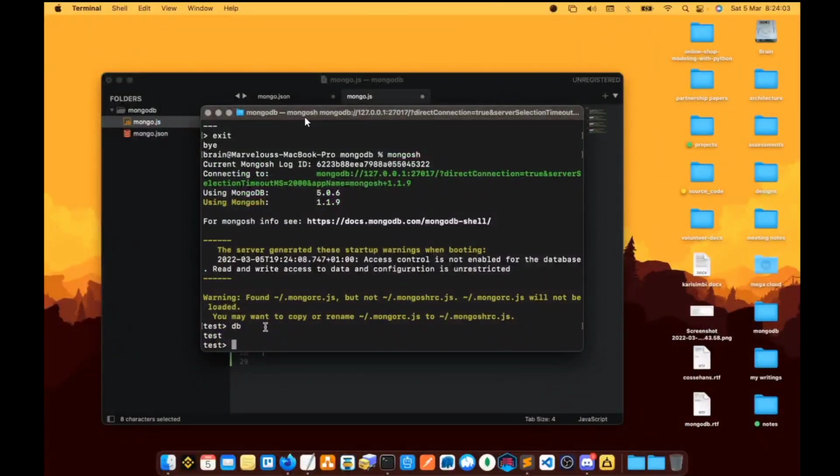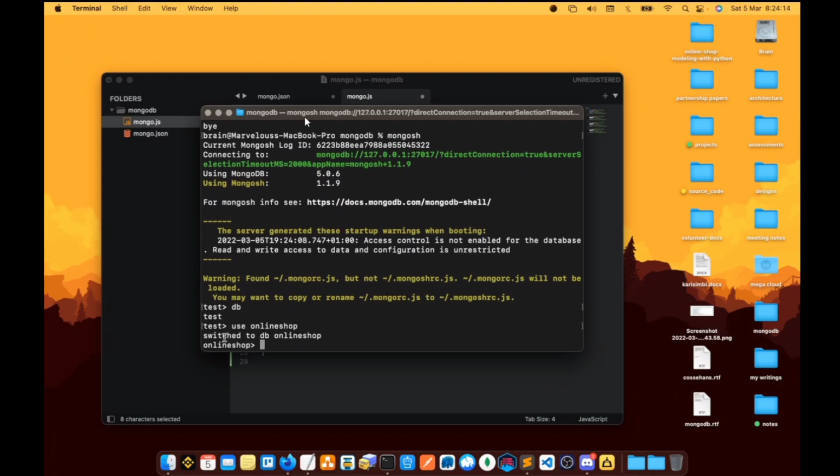So I can use "use". Let's just assume we're trying to build a new platform, maybe like an online shop. So I can say "use online shop", and it says switch to online shop. We've not created this, but we're able to switch automatically because it did not find it, so it created it, sort of. So we are currently inside the online shop, and this is where we can start creating collections, creating